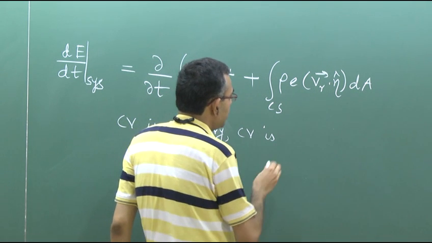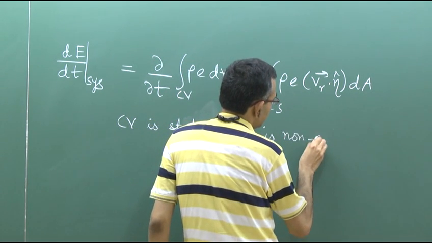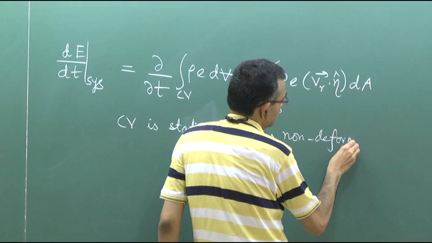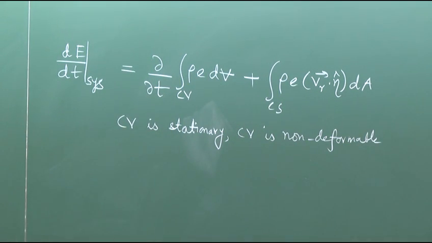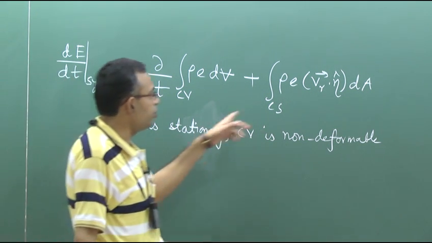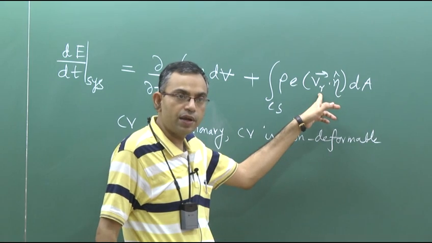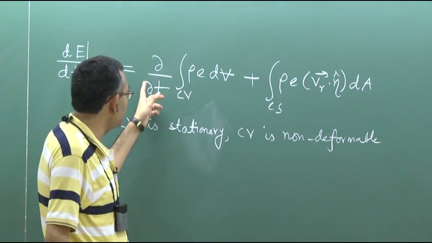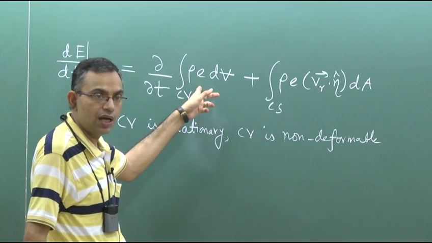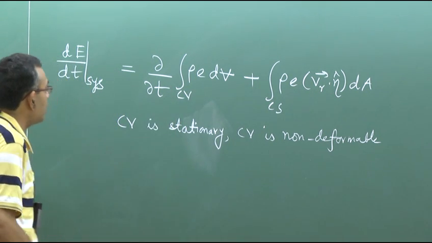And control volume is non deformable. So, the stationary control volume implies that the relative velocity is same as the absolute velocity, and non deformable control volume means you can take this time derivative within the integral. So, that means you can write